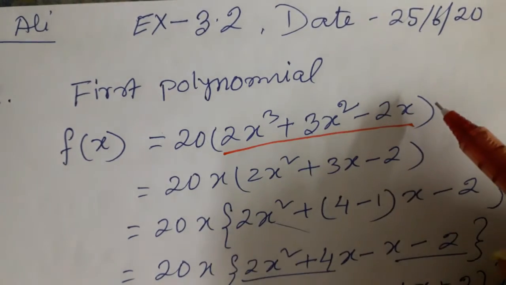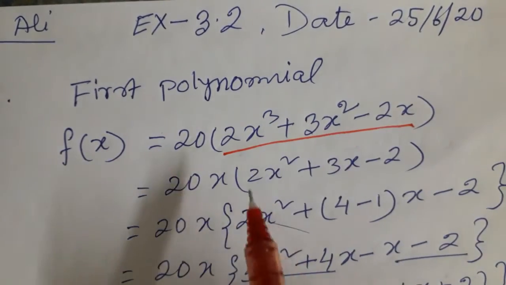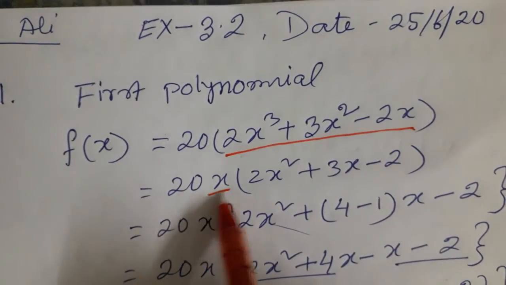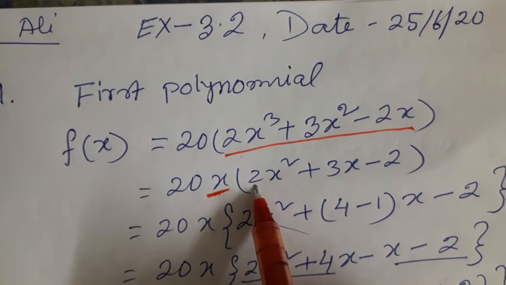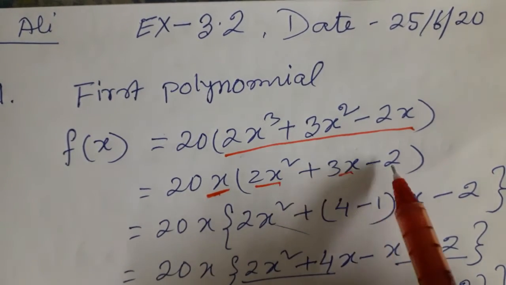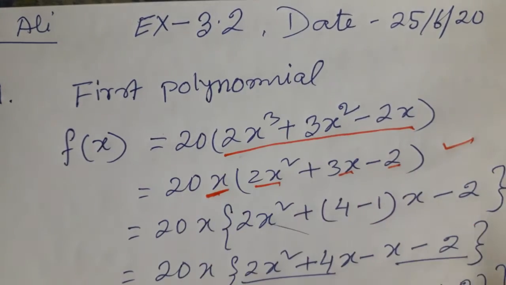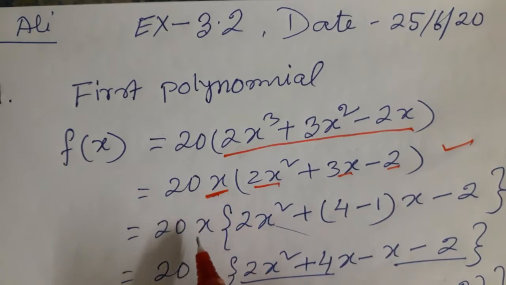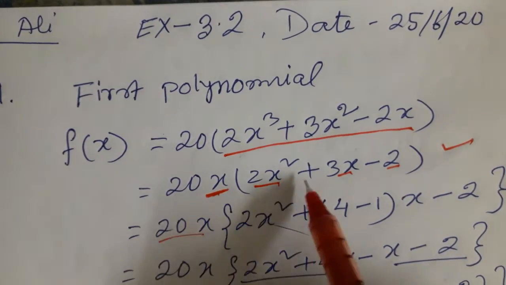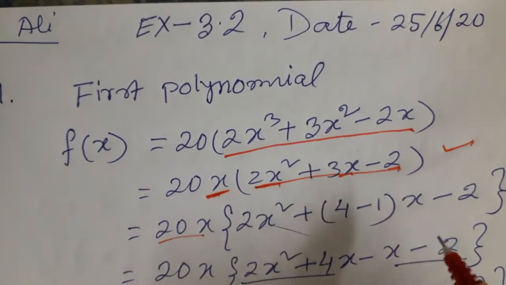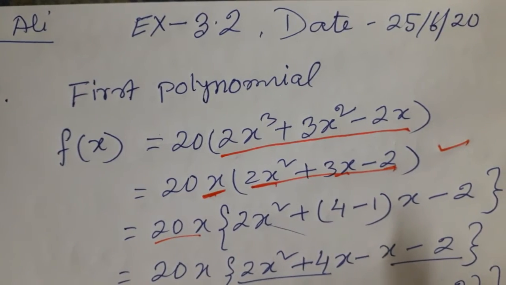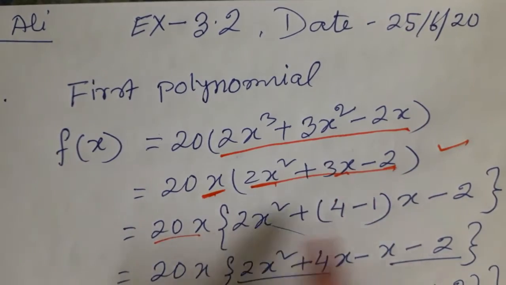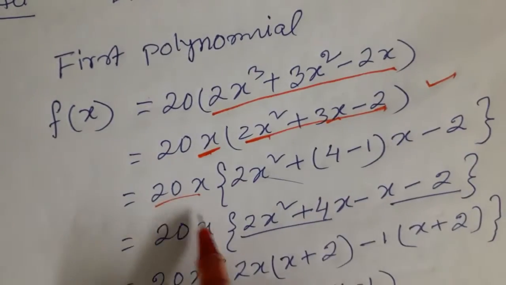lowest power of x is 1, so we can take x from all terms. So here we have taken common x, then the remaining 2x square plus 3x minus 2 is deducted. After that, 2x we have written here, and the second one is the middle term factor. We have done middle term factor here, and here also